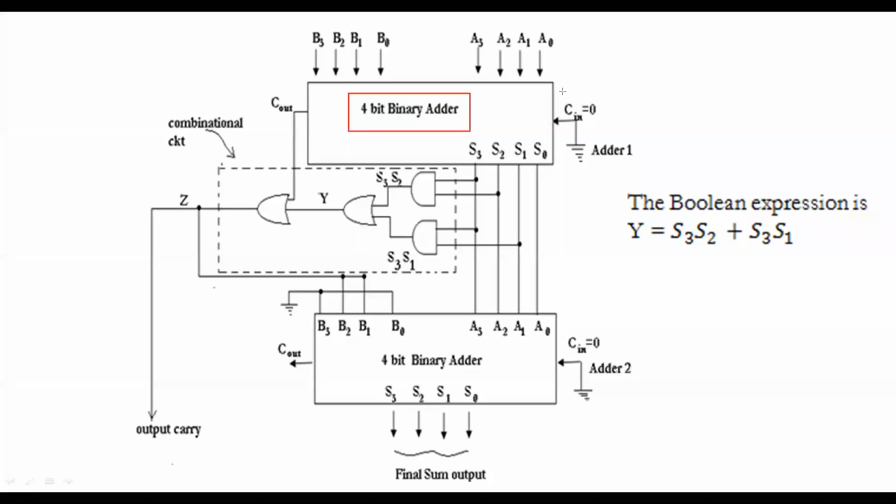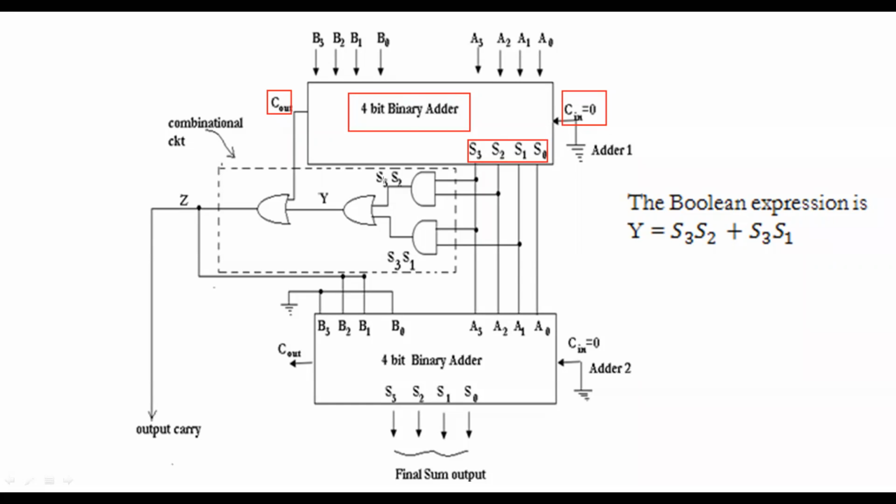Here initially the numbers are converted into BCD, then we perform the addition, and we assume the initial carry in equals 0. By performing this addition, we get a sum S3, S2, S1, S0, and we get a carry out. When we are performing the addition of two 4-bit binary numbers, we check. If you are getting a carry or a sum greater than 9,